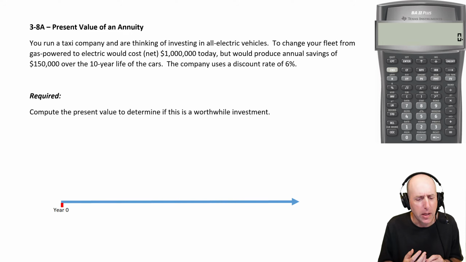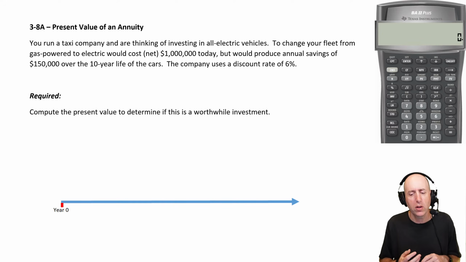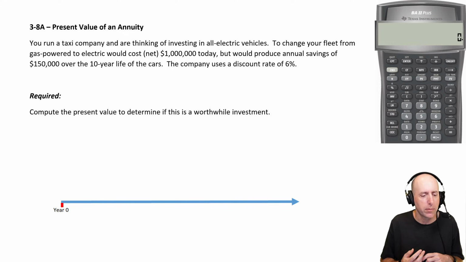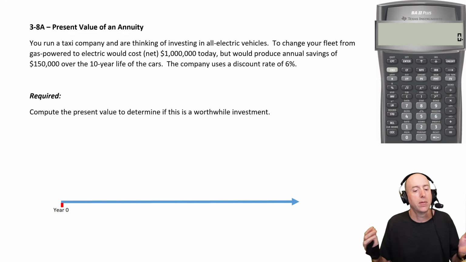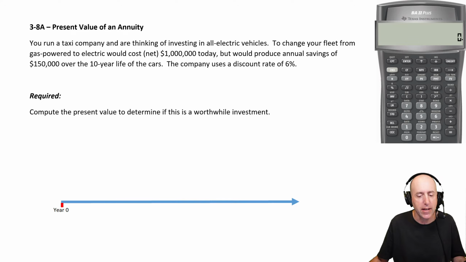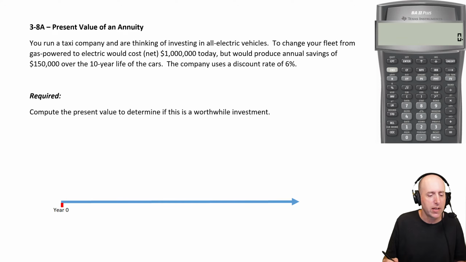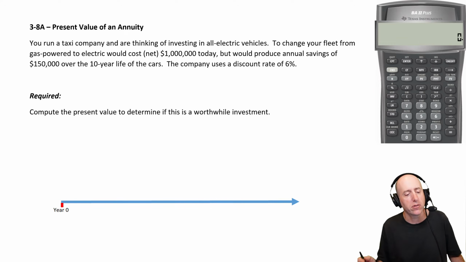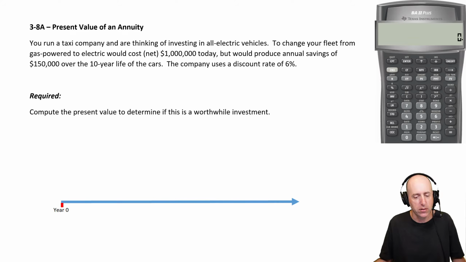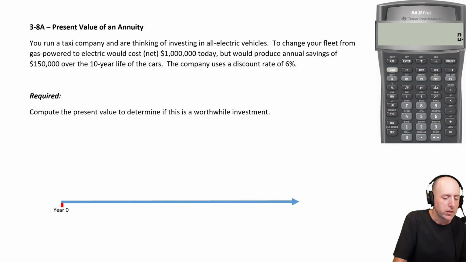You run a taxi company and are thinking of investing in all electric vehicles. To change your fleet from gas powered to electric would cost $1 million today. But would produce annual savings of $150,000 over the 10-year life of the cars. The company uses a discount rate of 6%. So it's going to cost us $1 million today,